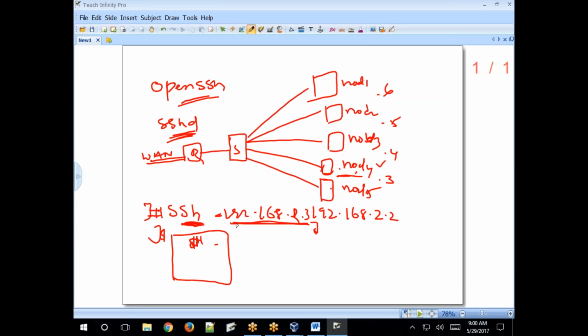That's it. So if you want to access a server located in the US, the UK or any other location throughout the world, you have to know that IP address. What is the IP address? The public IP address of that system. Public means publicly accessible, not private. Private means within the office only.